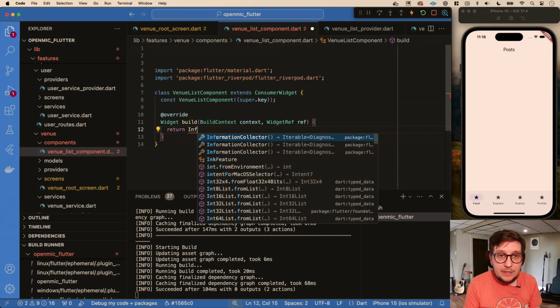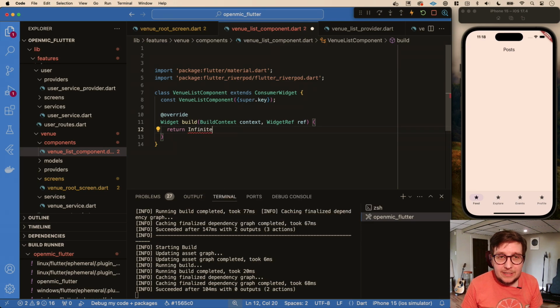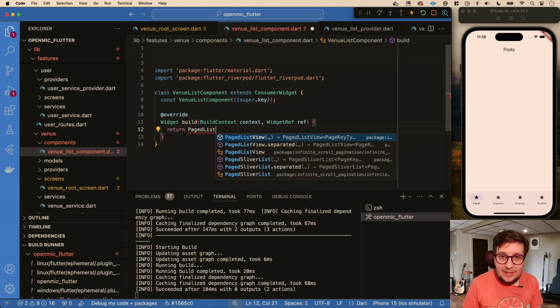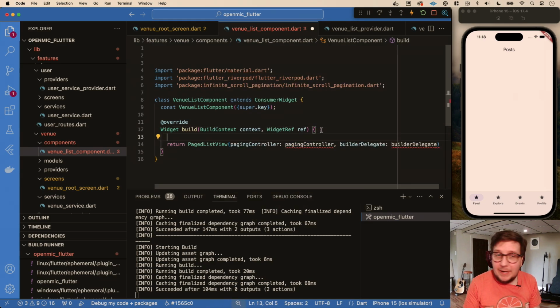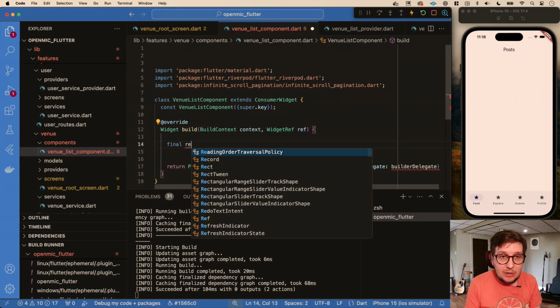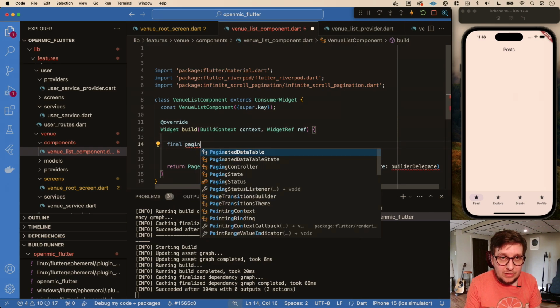Is that what it's called? Or no, sorry, a paginated. Paginated, it's something like that. What do we actually return here? Oh, it's just called a paged list view. Okay, cool. So now we need access to our paging controller, and we can get that by going paging controller